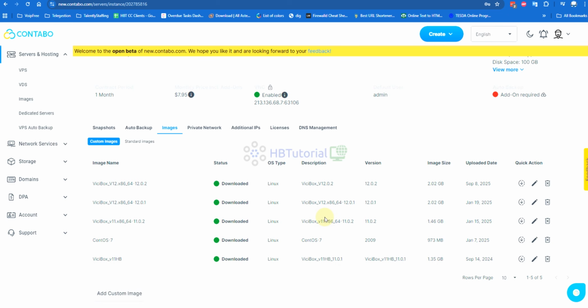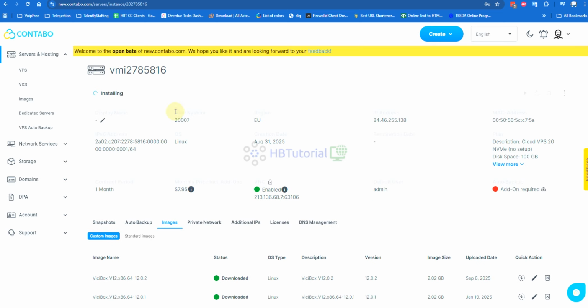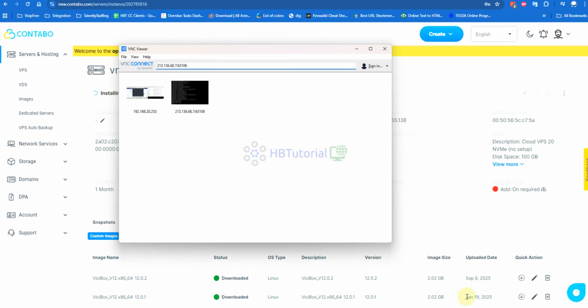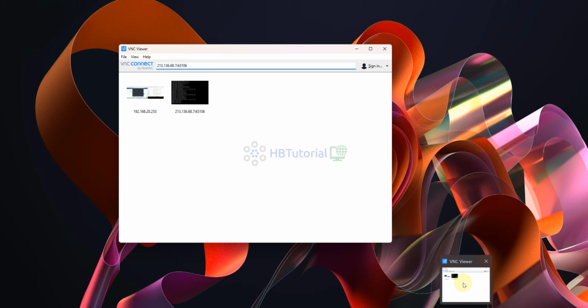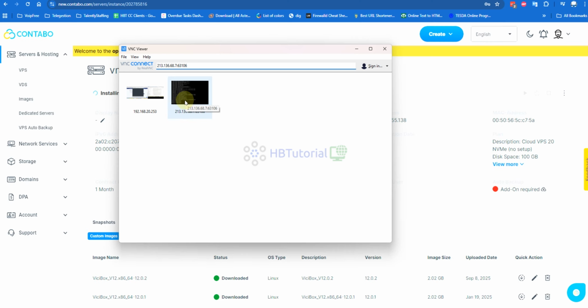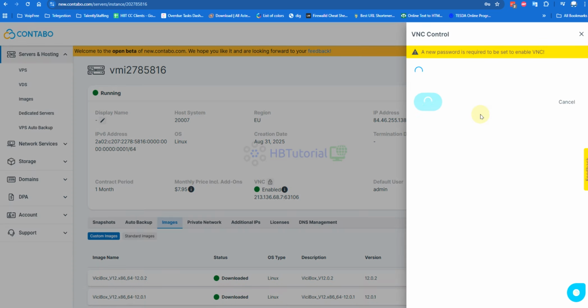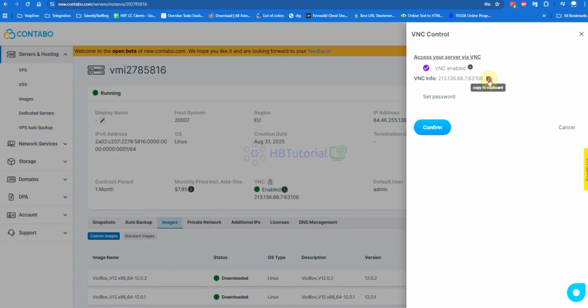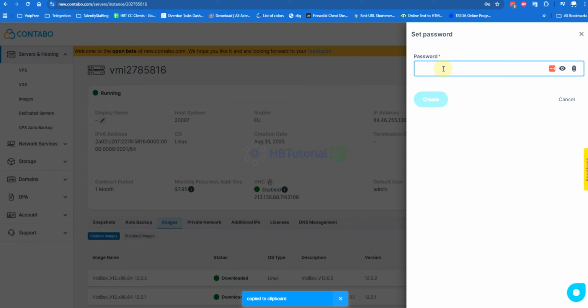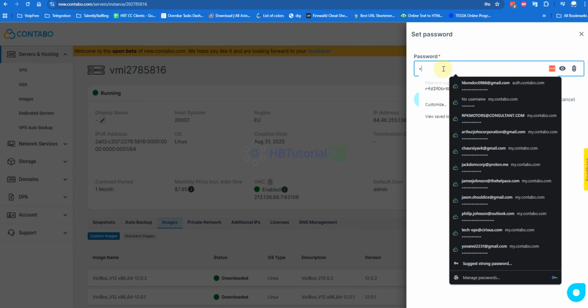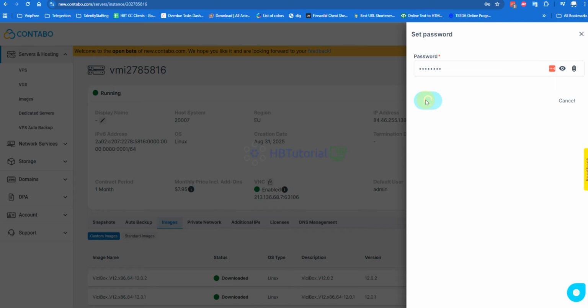It says installing there. I think our VPS is already connected. So now we need to recreate our VNC password. Copy this one. We're going to sync the password. Okay, create the password again.